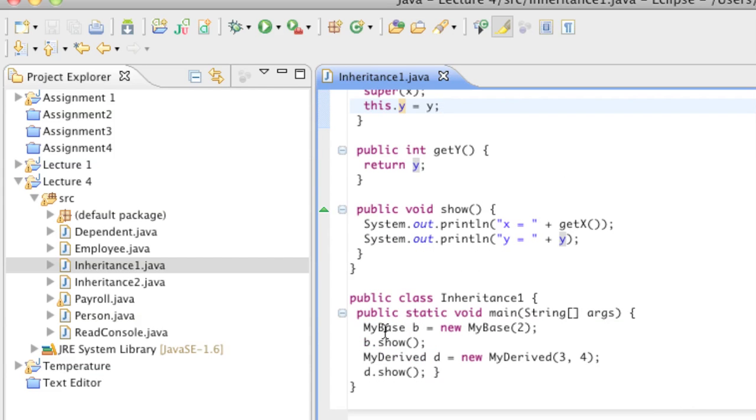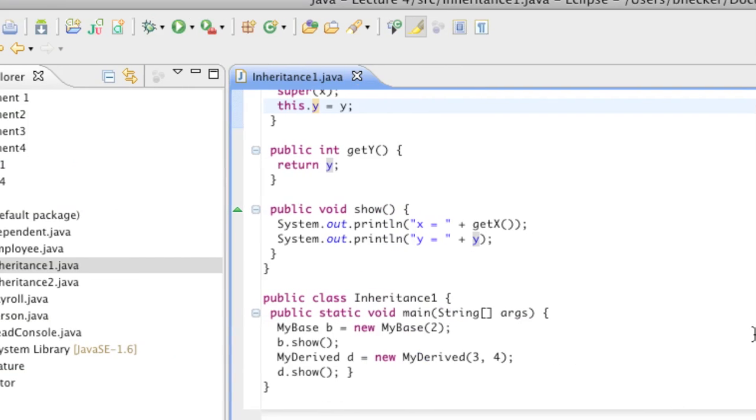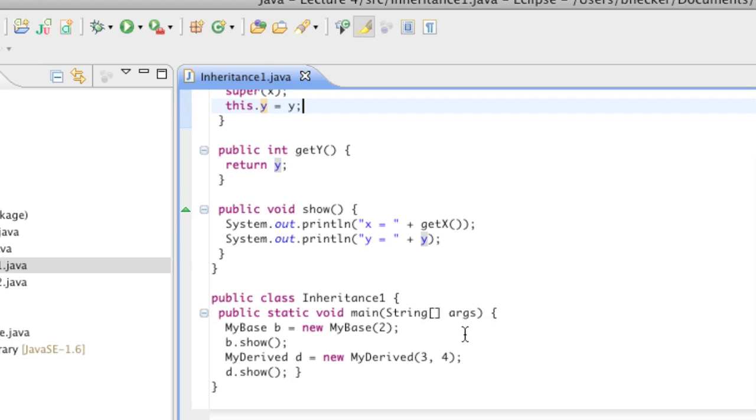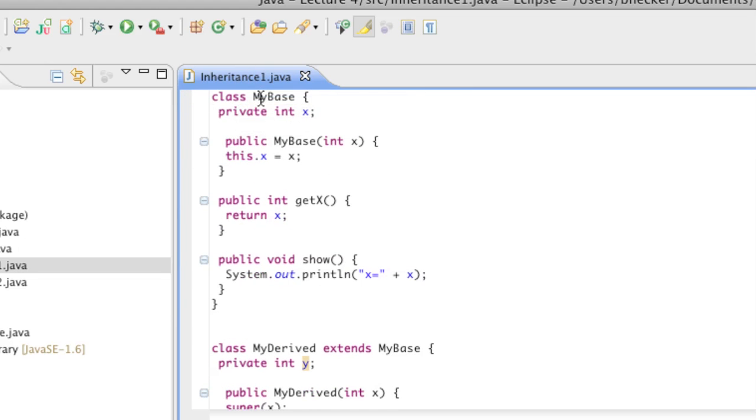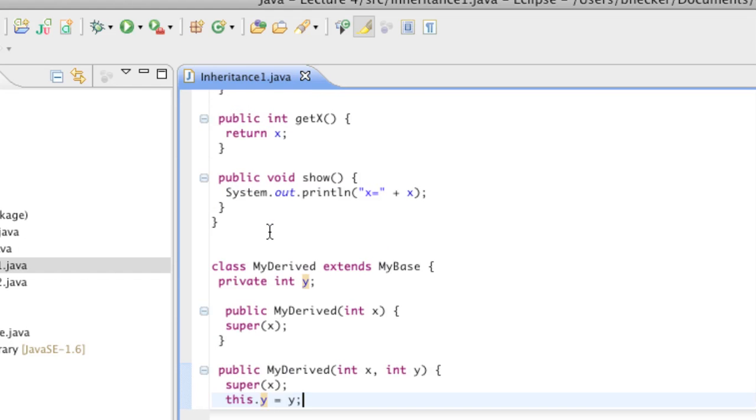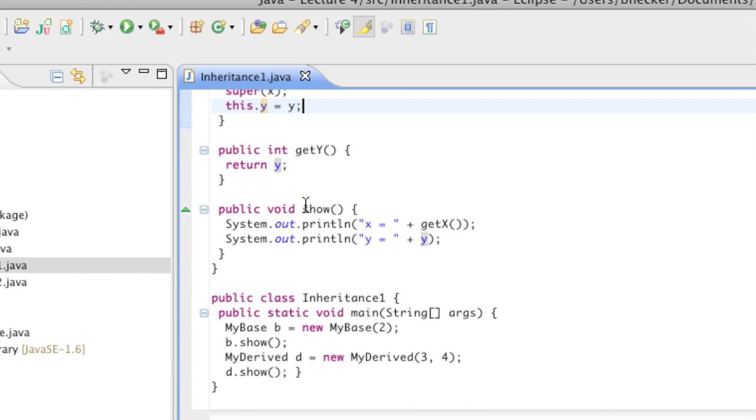And then we have, and this is kind of a sloppy example, but I thought I'd show it to you because when you're messing around with it just to understand the concepts, it does sort of make sense to put it all into one file. And down here I've got my driver program class inheritance 1, which is actually the name of the file that I created. Notice I don't have a file named for my base or my derived class, but they're in here. When I compile this, if I take this out into the command prompt and I compile and run this file, it will compile just fine, and I'm going to get 3 classes created. I'm going to get inheritance 1, my base class, and my derived class. It's not going to put it into one file,